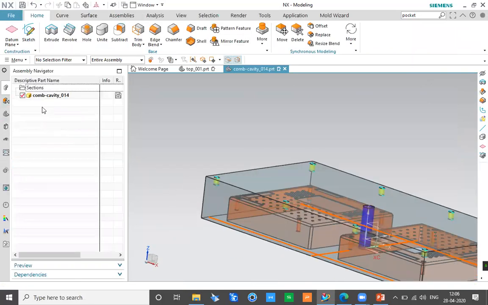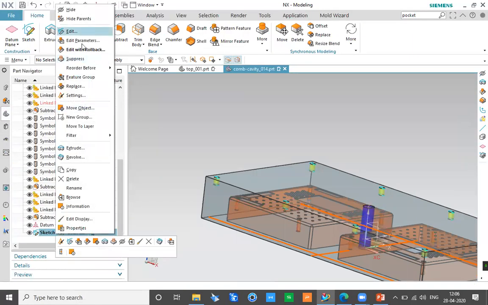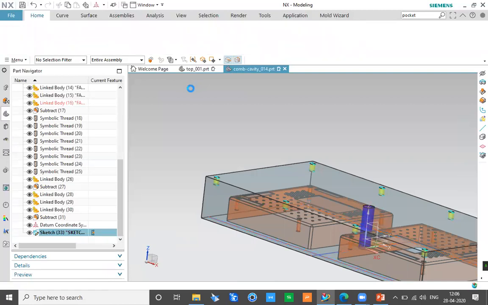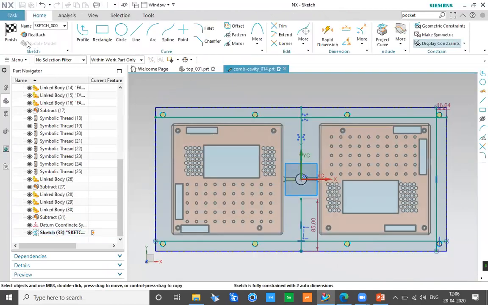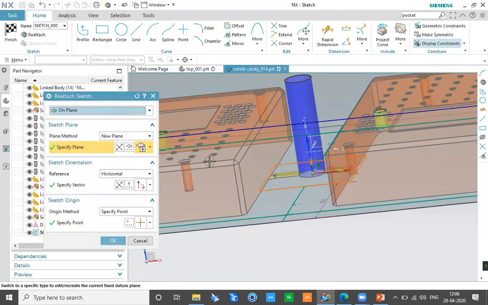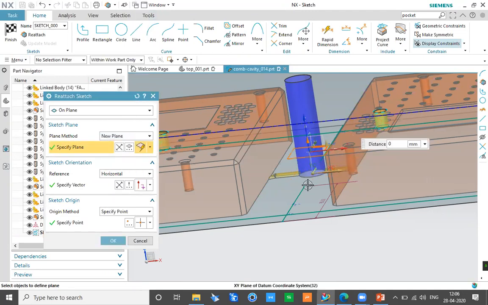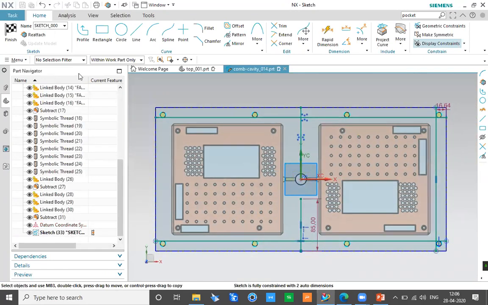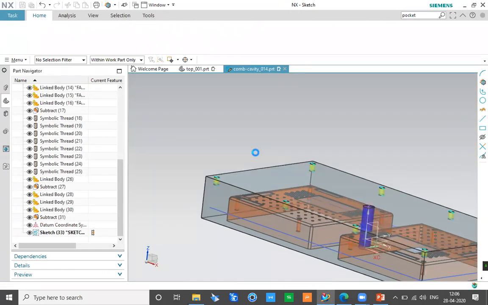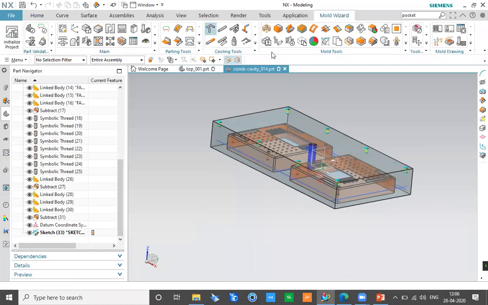Now, the layout which I have defined for my cooling needs to be moved up a little bit. So what I'll do is simply modify my sketch. I'll say edit with rollback, and I can say reattach. Basically, it got created in the default bottom plane, so I want to reattach it to a new plane. So I'll say invert or a new plane here. In this new plane, I want to select the invert plane, and that is supposed to be this plane. I'll click OK, so the entire sketch will be moved up. You don't have to resketch or re-specify the information like that. And I'll go to Mold Wizard and I'll start my cooling tools.